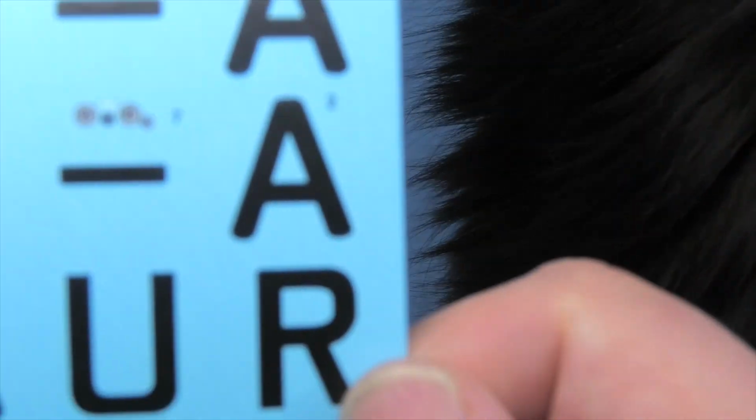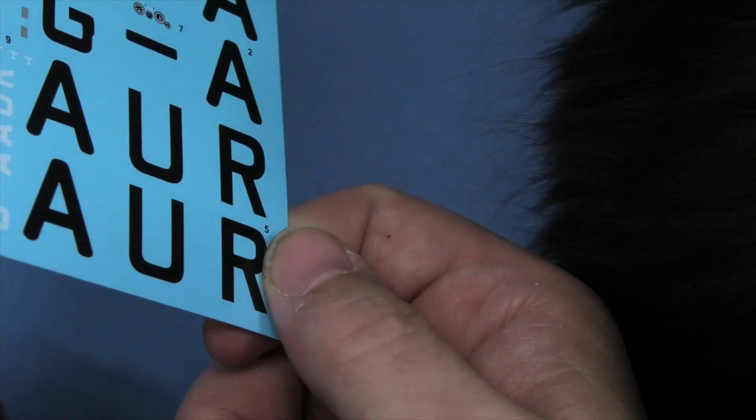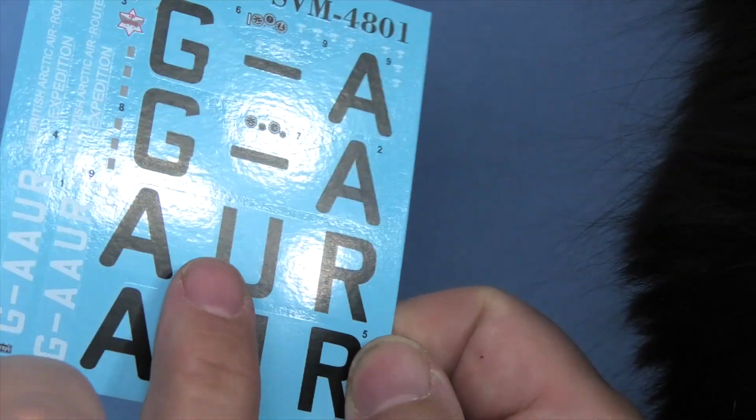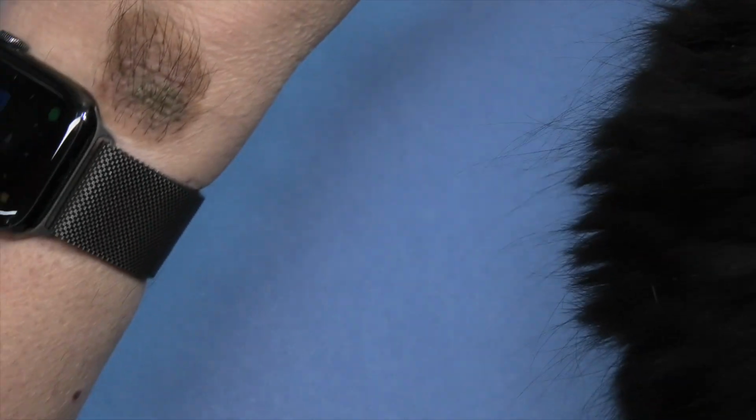Here's your decals. Here's a cat walking by the review because she wants to lick the sanders, because she likes to do that. I keep a clean set of sanders for her to lick. There's a lot of carrier film in between all these decals. And if I can get her tail out of the way,